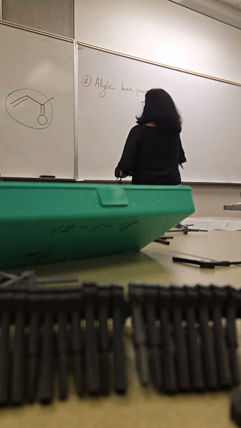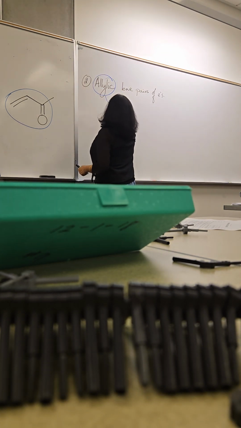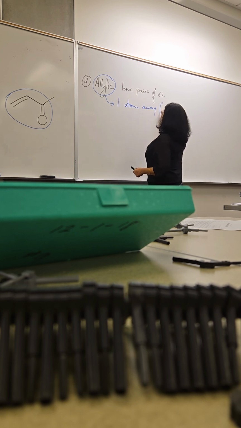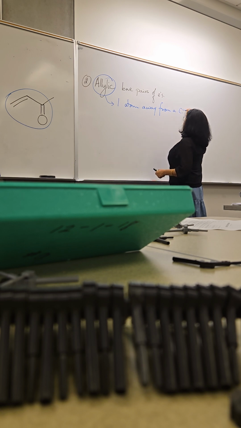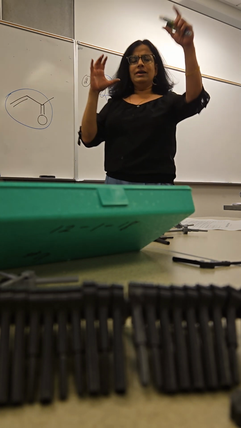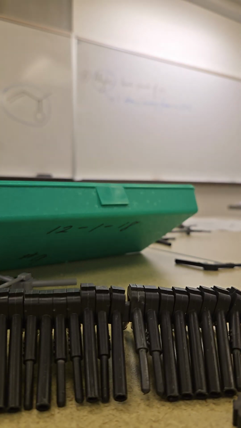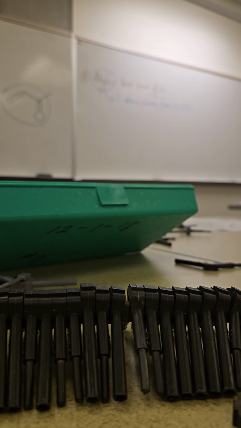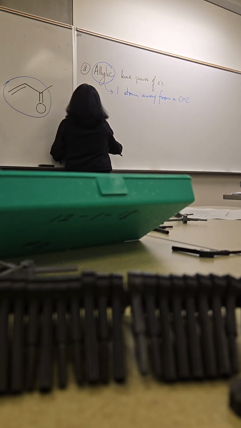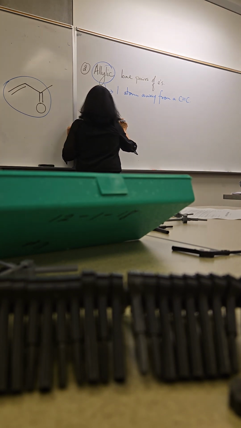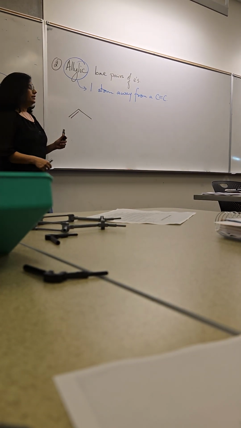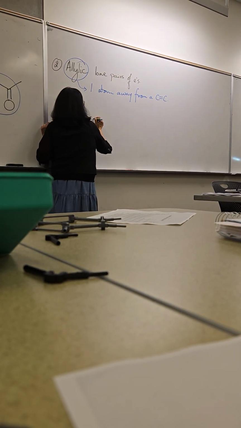Allylic means one atom away from a double bond. When something is one atom away from a double bond, that something is said to be allylic. So as an example, if we have, let's say, I have a double bond, and then I have,